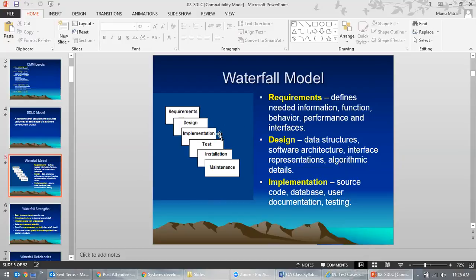And implementation. This is for the developer. Now the architect has done their job, and in implementation you do the coding work. All the coding and documentation you do in this implementation. Then you have the testing phase. Here is where we actually